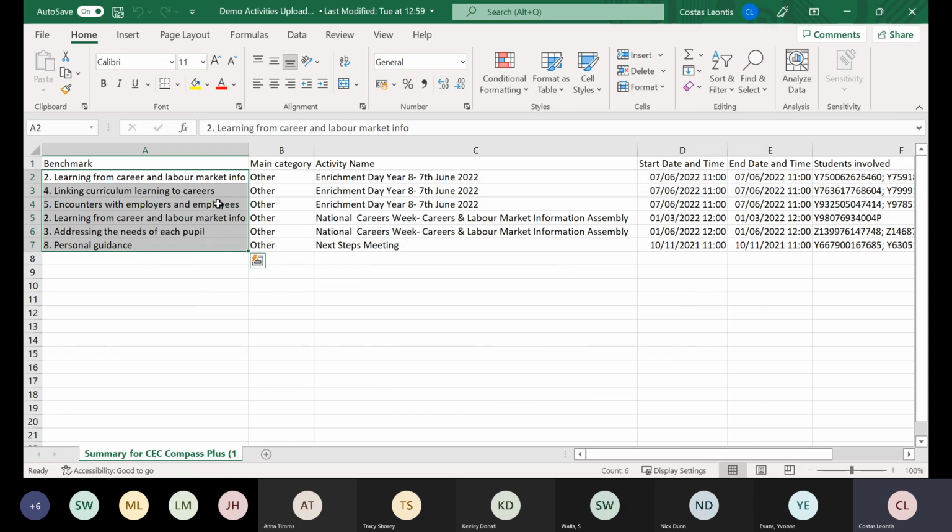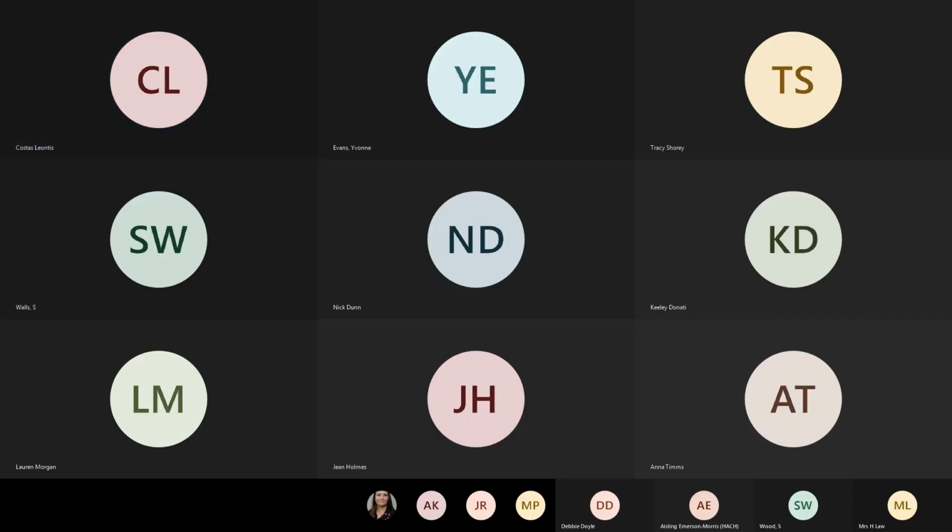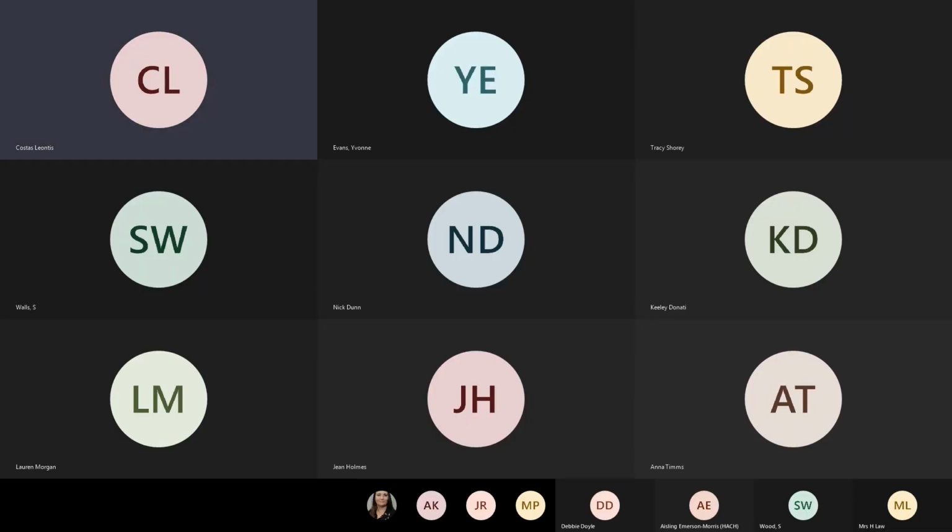But Compass Plus will recognise the duplicates, so you don't need to worry about filtering out ones that you've already put in there. Okay, so that's our overview of the Compass Plus side of things for now. If we just go into the next part of the presentation, which is going to be the future skills questionnaire,